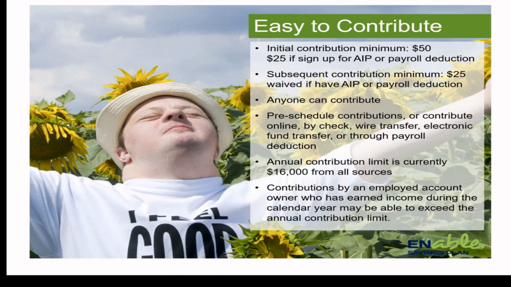This year, the annual contribution limit is $16,000, which means that's the most money that you can put into an ABLE account in 1 year. In 2023, that's going to increase. So that's going to be going up to $17,000, which is good news for next year. Additionally, if the account owner is employed and the employer is not putting money into any kind of retirement fund for that employee, then they can contribute to the ABLE account for the employee. Then you can go over that $16,000 or $17,000 limit. That's good for people who are working. And you can refer to our program disclosure statement to get what that limit is.